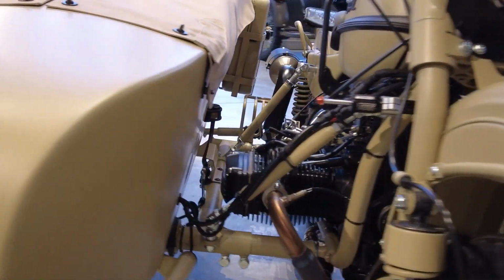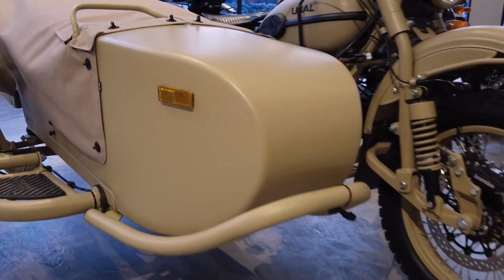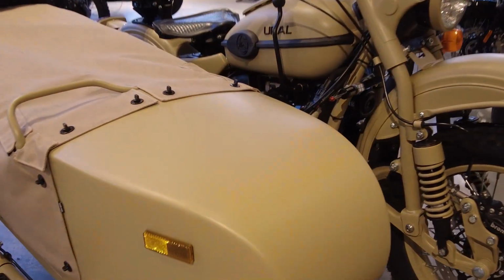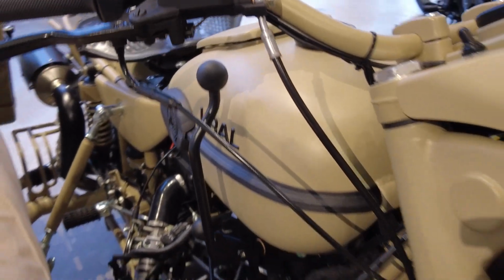And Pustinja was originally a limited edition bike produced in 2007, and it was in the sand color. Many years later, we are enjoying all the improvements that you see on these modern motorcycles. So this particular bike,